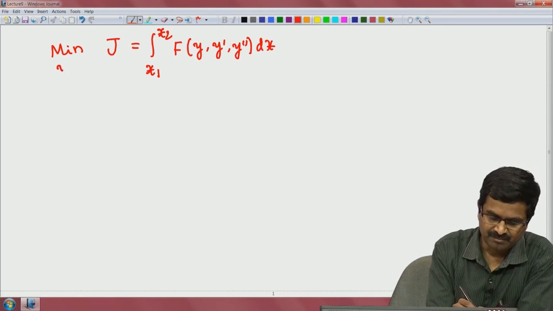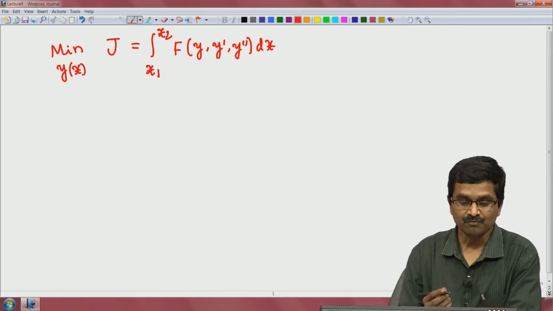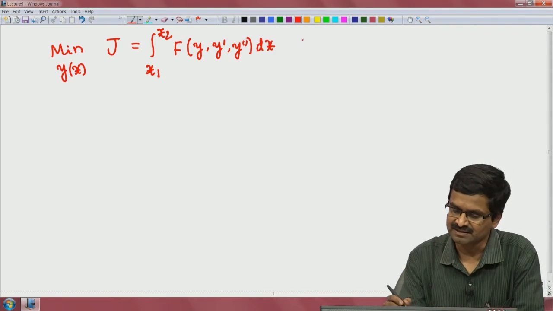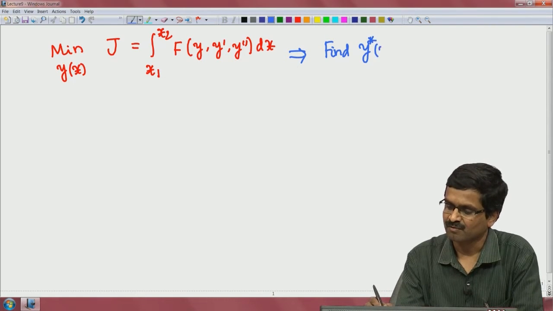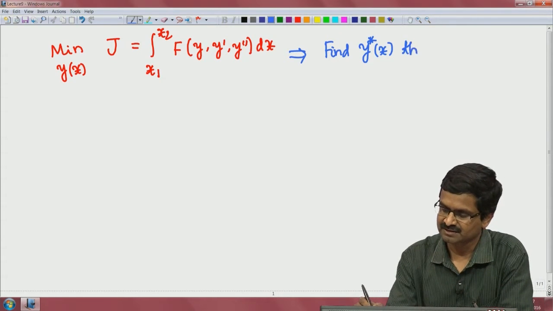Okay. And we are minimizing with respect to this function y of x, which we need to find to minimize this. So, what this means is that we want to find a particular y of x, which we can call y star of x, an unknown function that minimizes